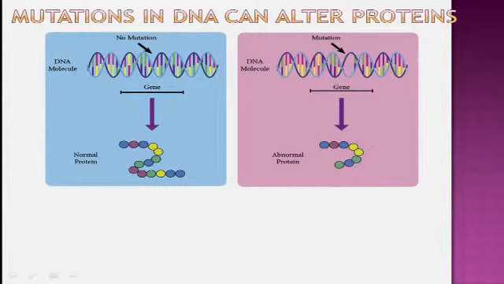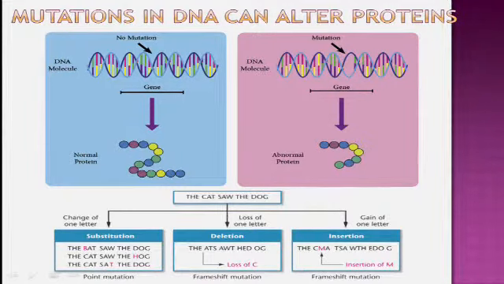Okay. All right. So as you see here, there is a mutation, and this changes the sequence, and that results in an abnormal protein. The abnormal proteins can be changed by single letter changes or a change in the reading of the sentence. For example, the cat saw the dog is changed to the bat saw the dog, or the cat saw the hog, or the cat sat the dog. So you can see that it's basically the same, but has a slightly different meaning.